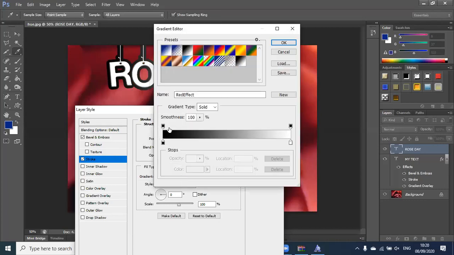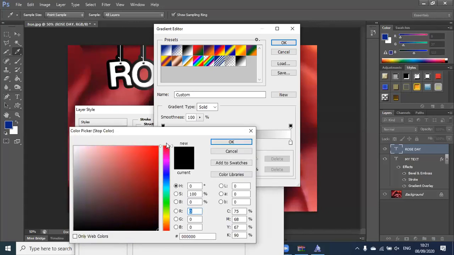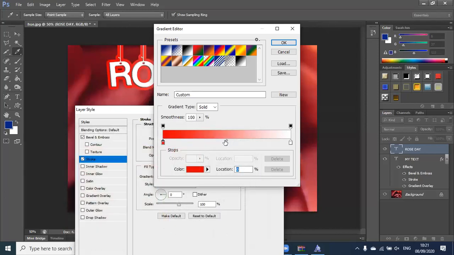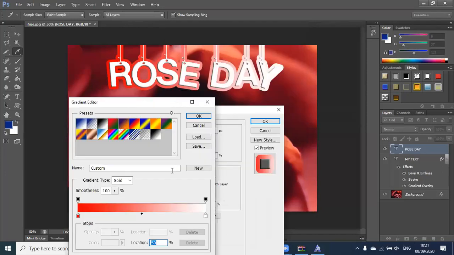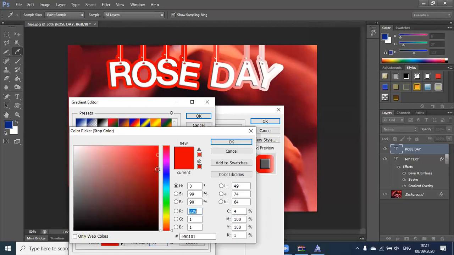Here you can set up how the red effect will look. Let's try it out. So suppose for example, I'll move here, I'll give it a red shade. I'll start from this color, so this is my beginning color. Then suppose after 50%, I want the color to change. Right now it's a red to white gradient, right? Let's add a gradient stop here. I'm just clicking on this to add a gradient stop. Here I want the color to be a darker shade. So you can see this is a lighter shade versus a darker shade.